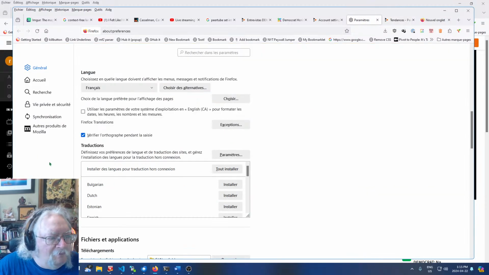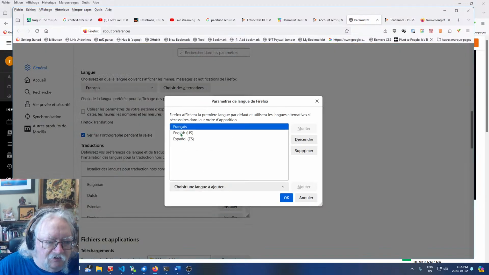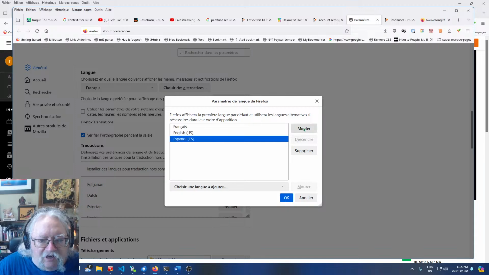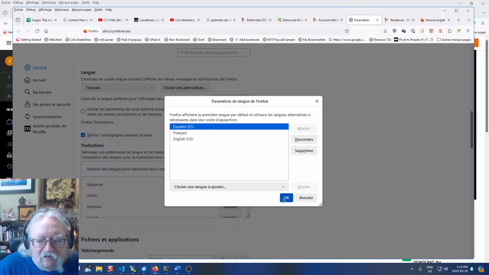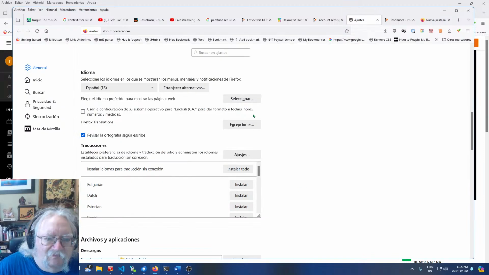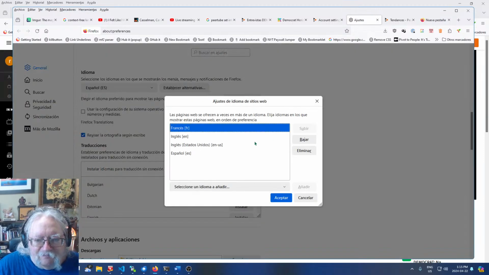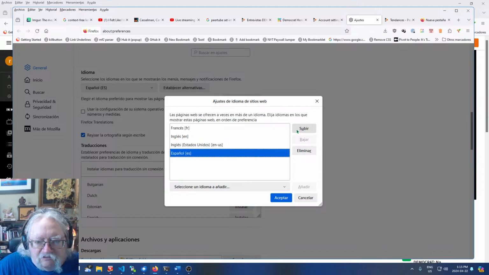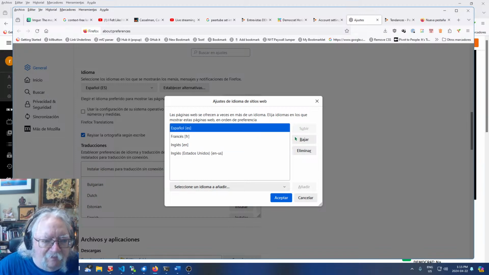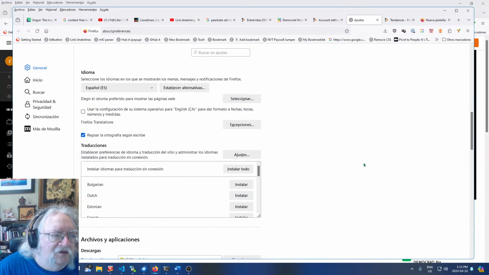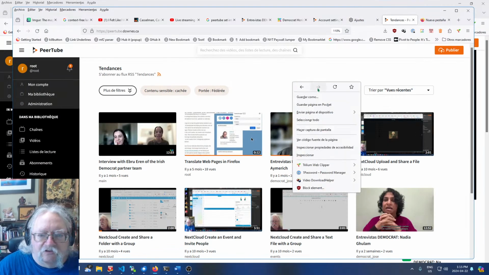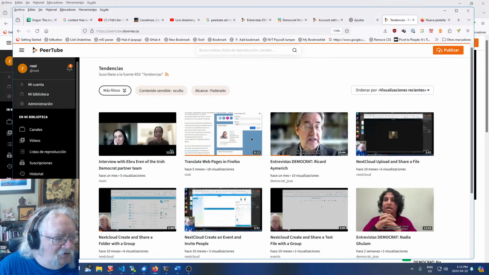I'll come back here. Right, Choisir des Alternatives. I'll move Spanish to the top by going monter, or advance to the top. Similarly, Spanish, up, and up it goes. So, one of these languages is for the interface of the website. The other is for the interface of the page. And you can mess around with them. But now that I've done that, I come back to YouTube, or PeerTube. Now when I hit enter, now you can see